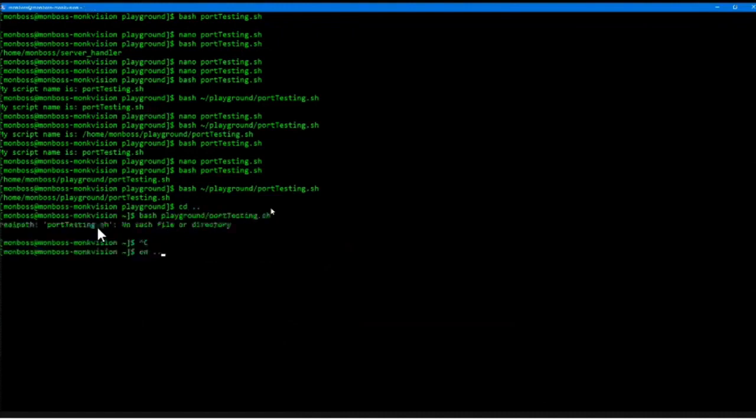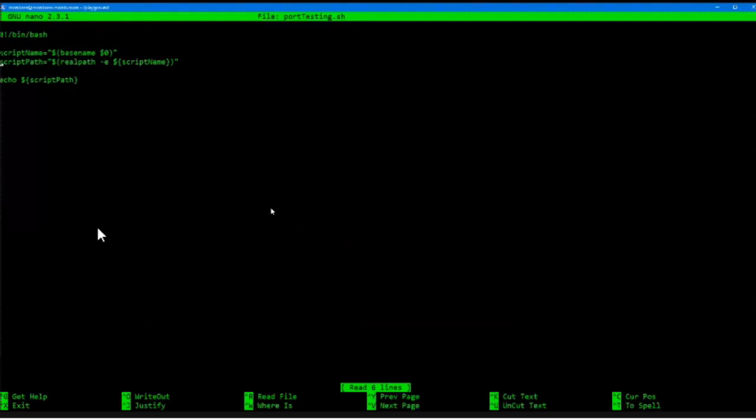Okay, I think it didn't allow me the permission to do that. My bad. So I think I'm logged into this folder. But yeah, you can use the realPath command to actually call the file itself, and it will give you a proper relative path of that file. Then once you are done with that, what you can do is,